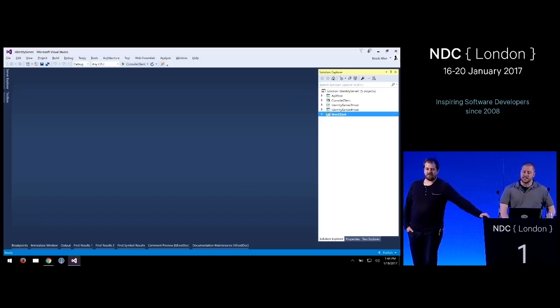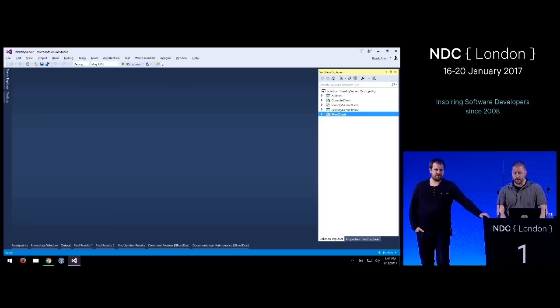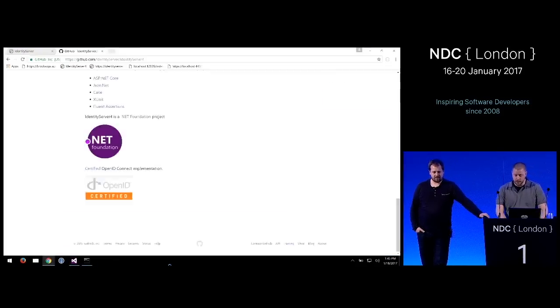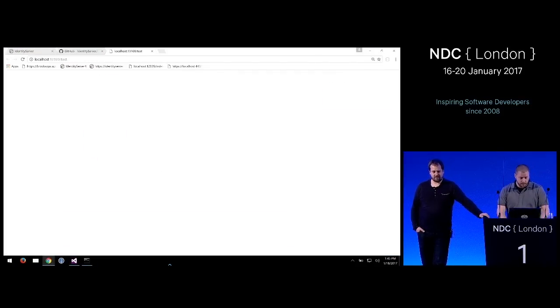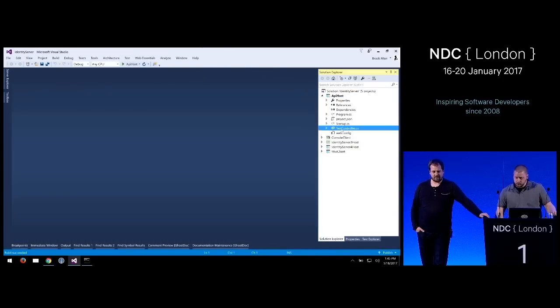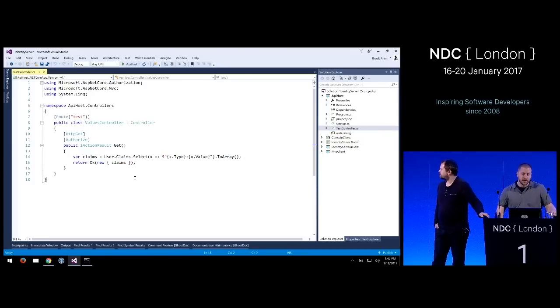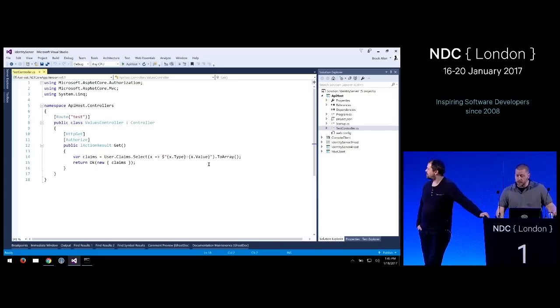And then we also have an MVC application where a user can log in, get an access token, and then on behalf of the user, invoke the web API. So I guess we can just run these real quick to illustrate them. So here's just my web API. We're just hosting them in console applications. The web API is pretty simple, just a straight-up controller. We're going to echo back the claims that come in from the token.